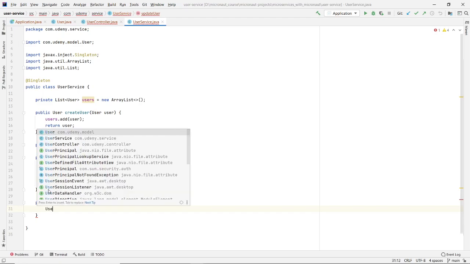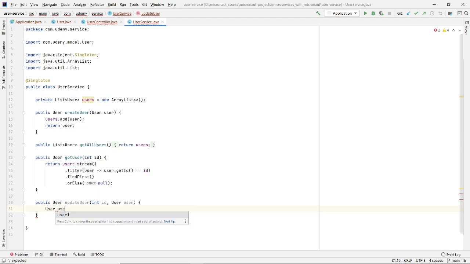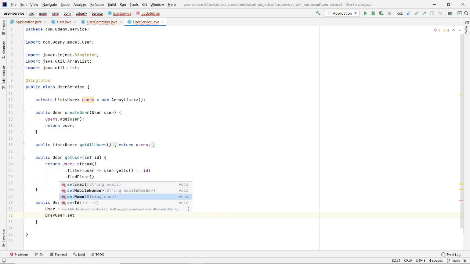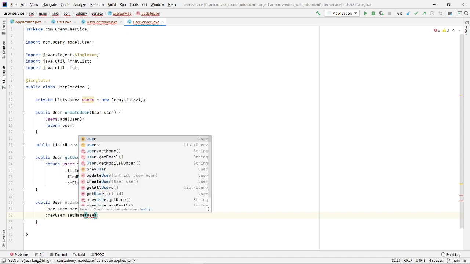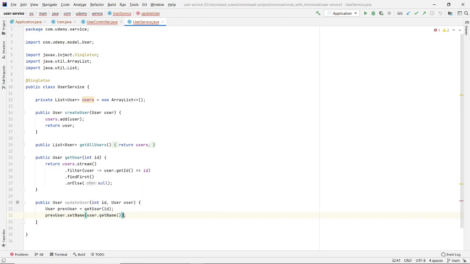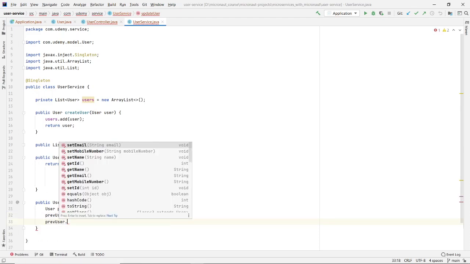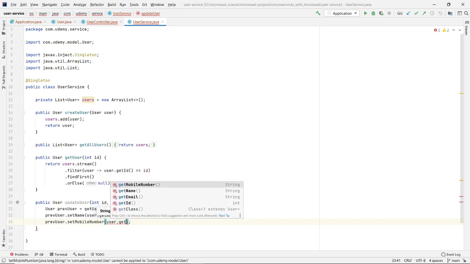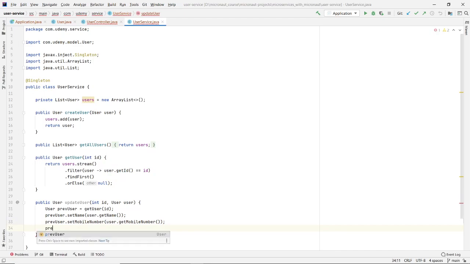and first it will get the user at previous location. So this will be the previous version of the user. We can simply reuse the get method, and for this previous user we will set the updated name, updated mobile number, and updated email ID.